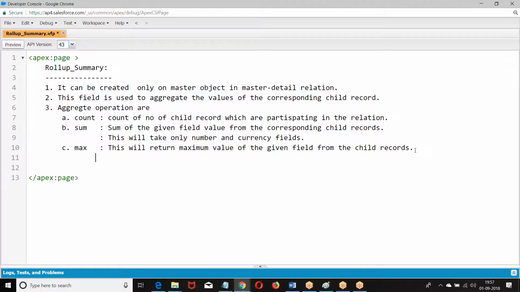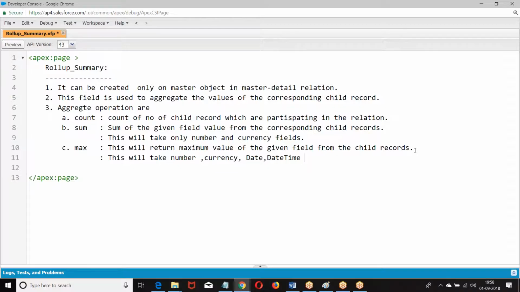Max. What is max? This will take number, currency, date, date time.